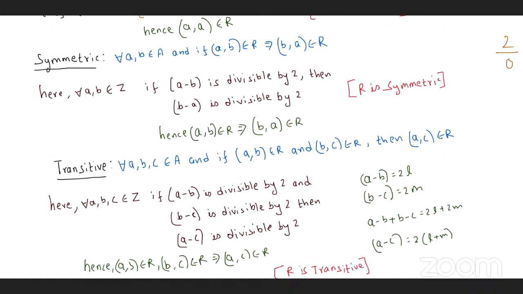And now it is an equivalence. All are proven, since we have